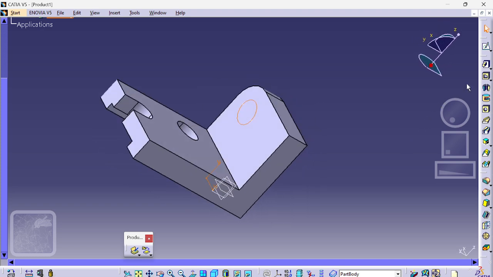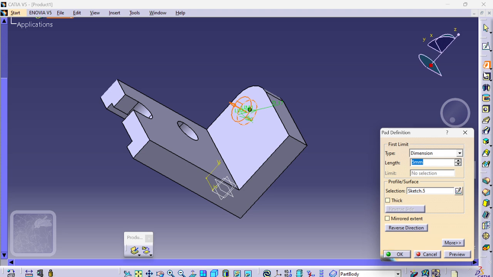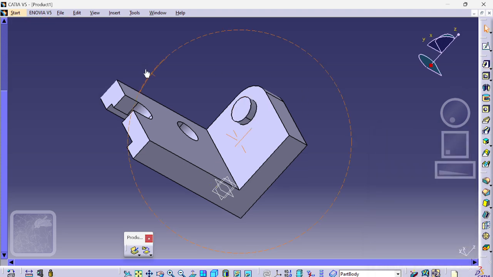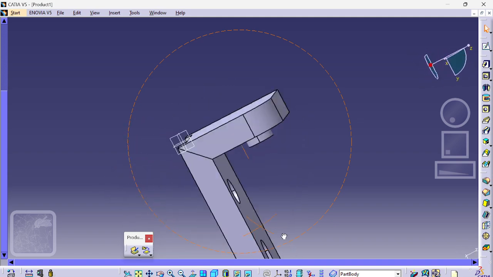ओके, नाउ एग्जिट दिस एंड यूज पैड कमांड अगेन। पैड यूज करना है अभी, पॉकेट नहीं, पैड। 5 mm आगे आना चाहिए, वो 5 mm, और सेलेक्ट हो। ओके,